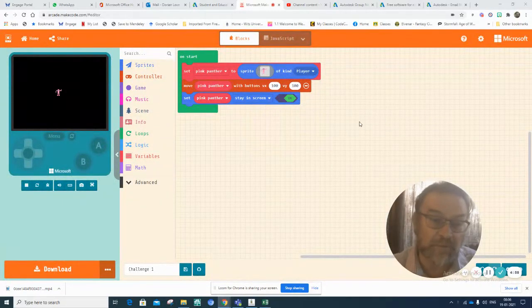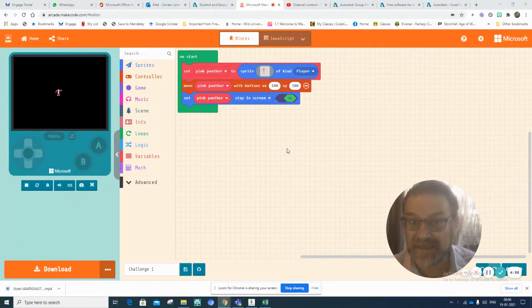Okay, so this week what we're going to be doing is adding some enemies. Arcade games would normally have a player. I've got Pink Panther here, and we're going to fight two enemies. And so what I'm going to do is get some enemies to move at random around the